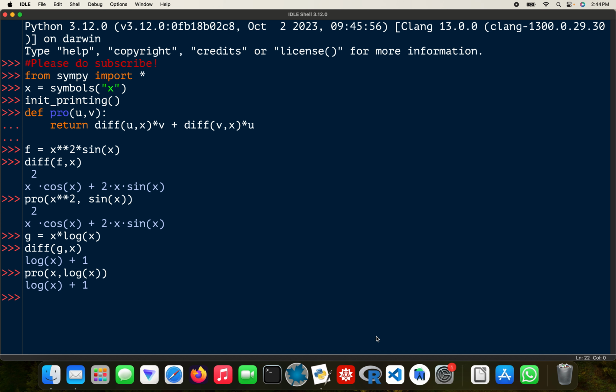Right, so we'll move on to the quotient rule. I'll create the function. So def quot, and then I'll have u and v again, and then return. That's going to be put in brackets. So diff, differentiate